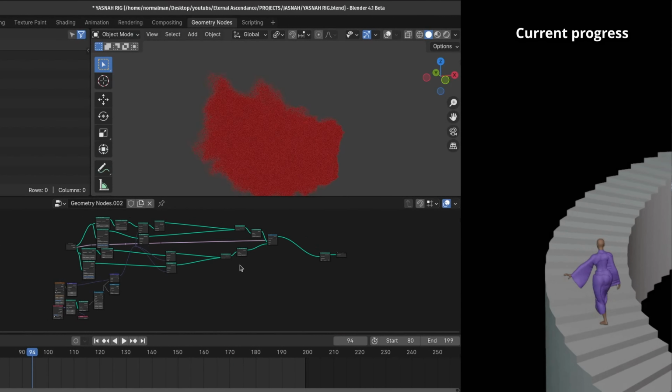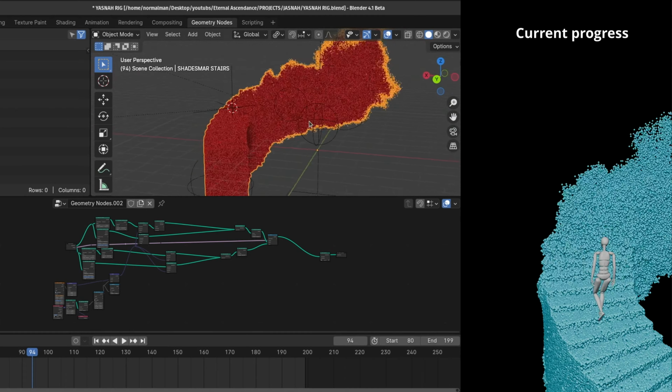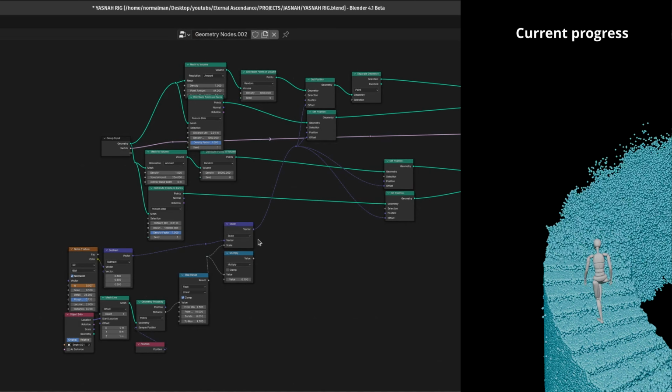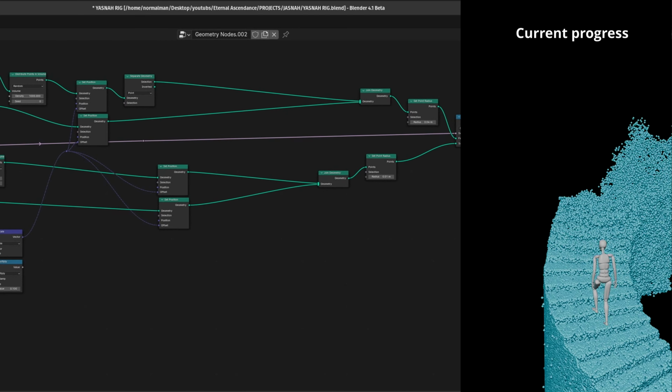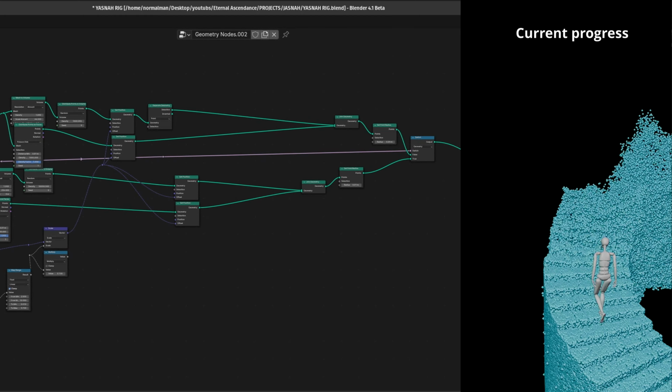And so I went into geometry nodes, and well, I knew I wanted the stairs to remain the same shape even with the realm shift teleportation thing, and so I decided to use geometry nodes and points. I distributed points in face and volume, and then I distorted it with some noise textures, and the result was this. I thought it was pretty cool.